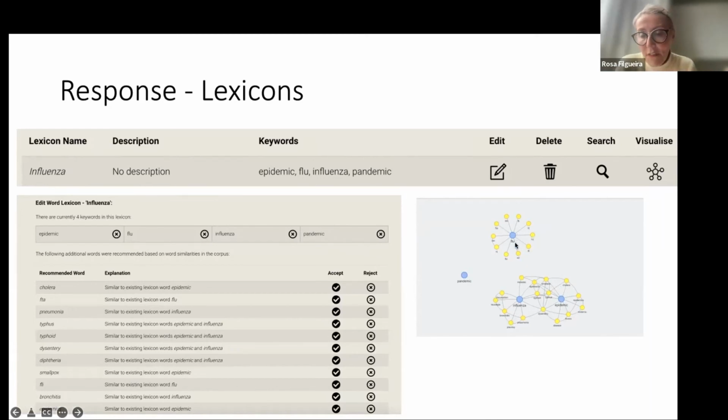Now you can think, for example, I was looking for flu, and of course the n-grams that come from flu maybe are not the best, but maybe that is because they didn't call it flu back in the day. I like to see that influenza and epidemic are related. I was surprised that pandemic was not, but probably pandemic wasn't used that way. So again, it helped me see that pandemic is maybe not a nice word for this lexicon. So yes, from my point of view, that is very useful.